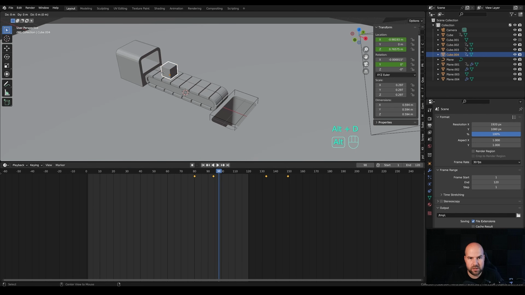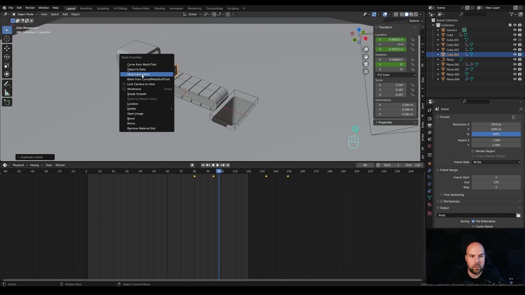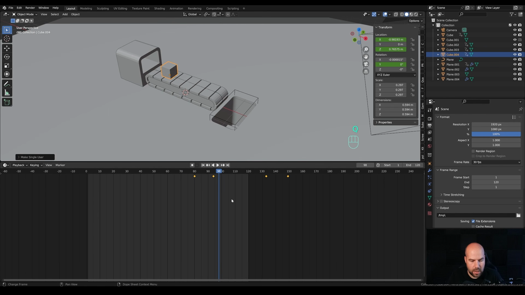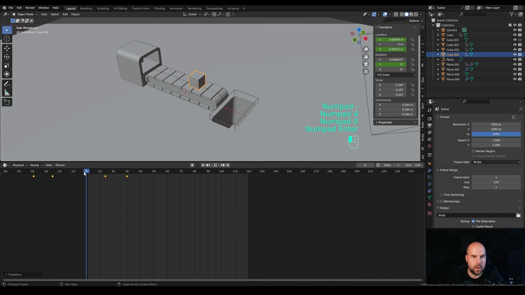And now let's press Alt-D again to duplicate this box, and again press Q and separate the object animation. And I will press G then X, move it to the beginning of the timeline, to frame 1, and again press G then X and minus 40. So now it should loop perfectly. Okay, I think this looks just fine.